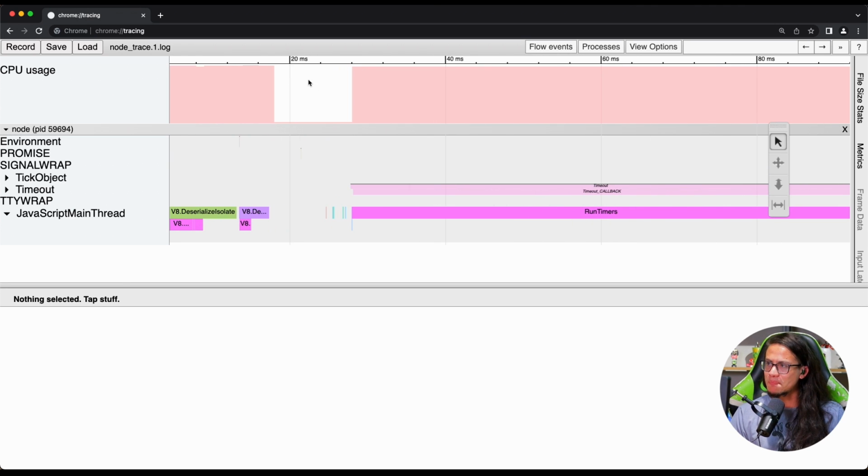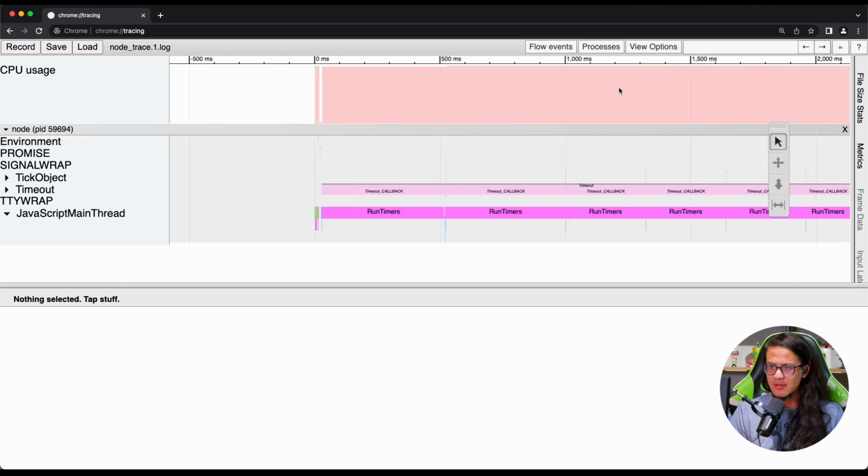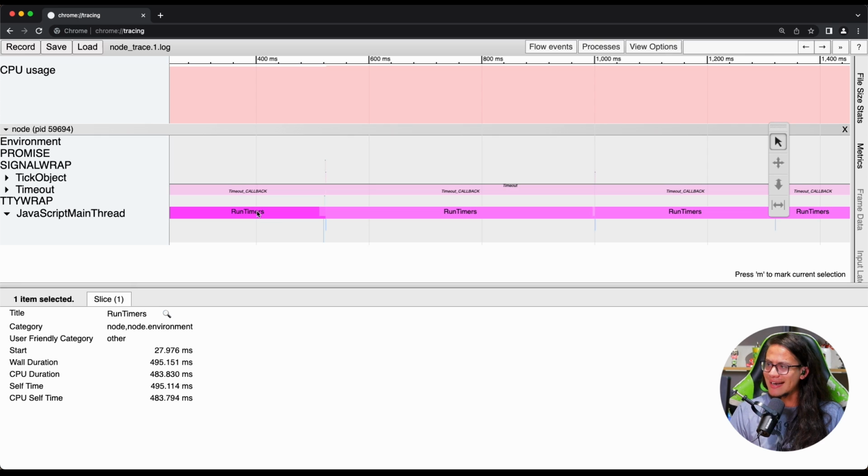And those spaces that we see here is the event loop going on like a while true, and behind the scenes managing async tasks or doing some background work, all right? But every time you see these pink boxes here, you can relate to V8 executing, okay? So if I click there, you can get more information about what happened during these timers, how long it took